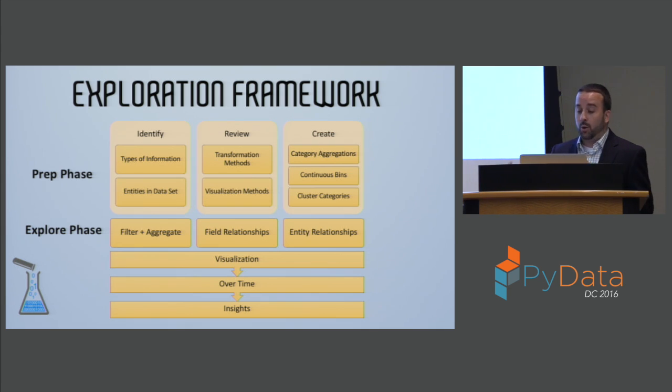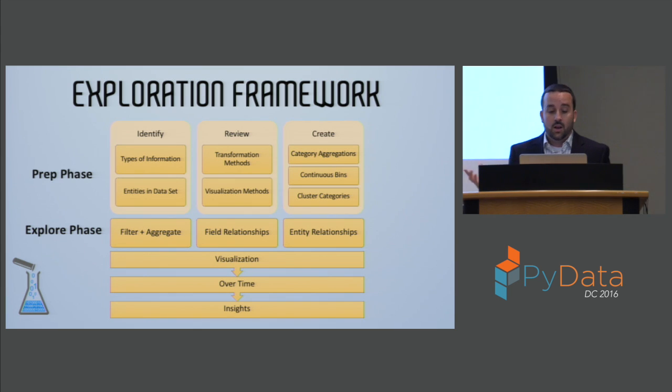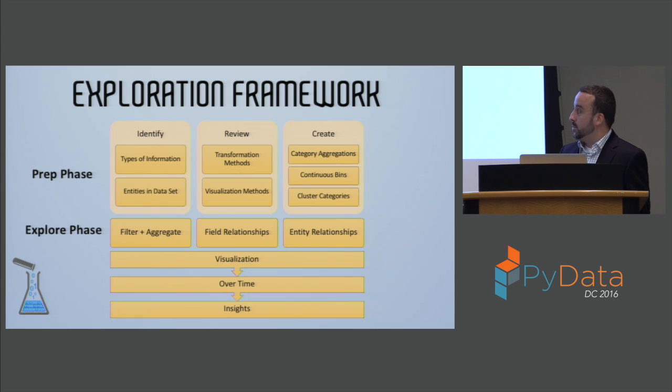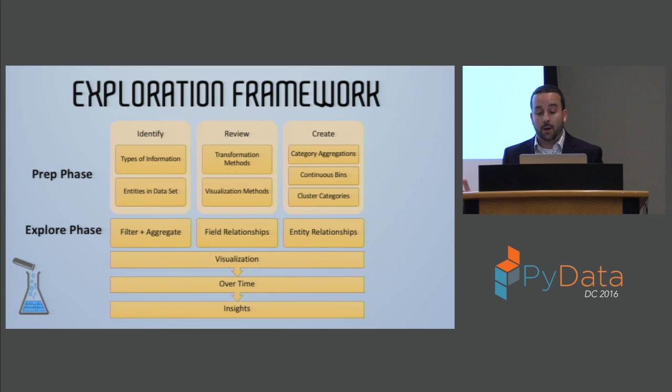And then at that point, we were ready to move on to the explore phase. We started off by doing the filter and aggregate step, taking a look at the bar charts and the pivot heat maps. Then we moved on to the relationships between our fields, and then finally we used graph analysis to analyze the relationships between our entities that are in our data.